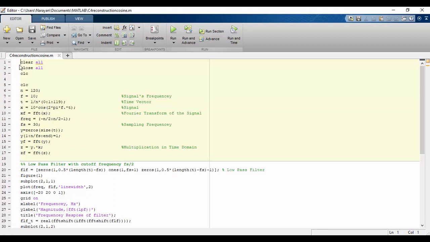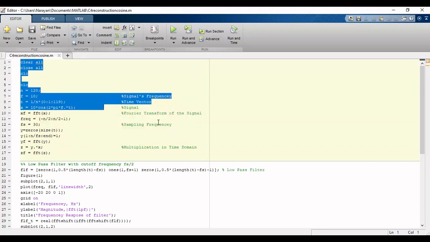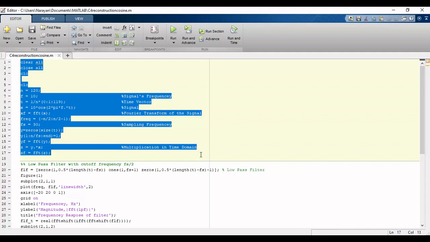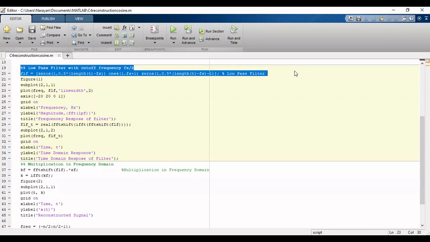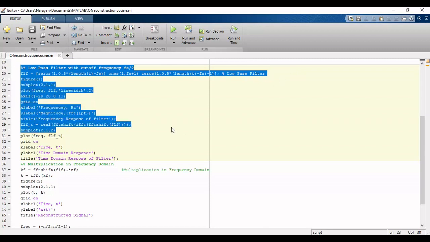We will start the Matlab code with some clearing instructions and then we will initialize the variables from the last example. Now we will design a low pass filter whose cutoff frequency will be half of the sampling frequency. And then we will take the inverse Fourier transform with the help of the command ifft and we will have a Sinc